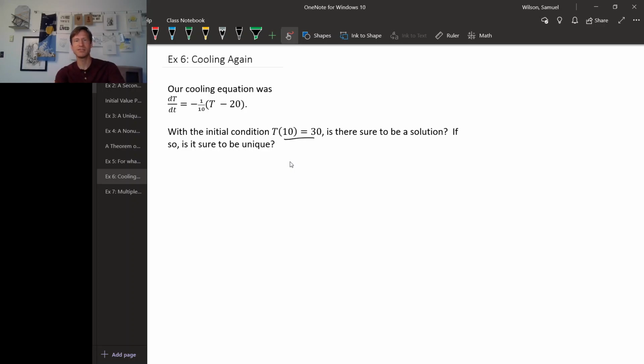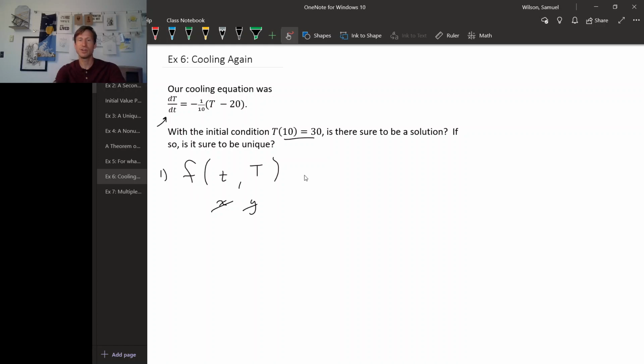Is there sure to be a solution through this initial condition? And if so, is it unique? Well, we have a first order equation, and the derivative is on the left by itself. So we can use our existence and uniqueness theorem to answer these questions. This time it's not x and y, it's little t for our independent variable and capital T for our unknown function. So for the first part of our existence and uniqueness theorem, we just need to check